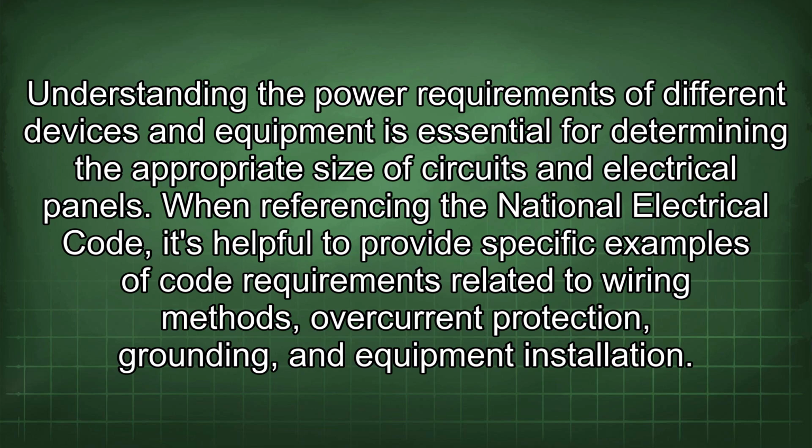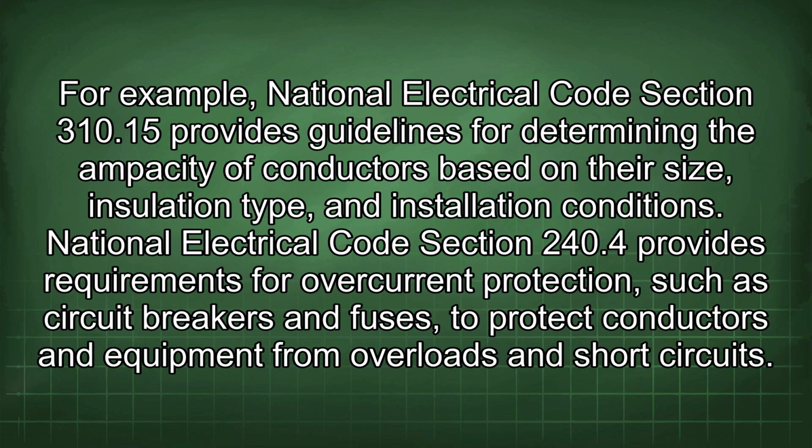When referencing the National Electrical Code, it's helpful to provide specific examples of code requirements related to wiring methods, overcurrent protection, grounding, and equipment installation. For example, National Electrical Code Section 310.15 provides guidelines for determining the ampacity of conductors based on their size, insulation type, and installation conditions. National Electrical Code Section 240.4 provides requirements for overcurrent protection, such as circuit breakers and fuses to protect